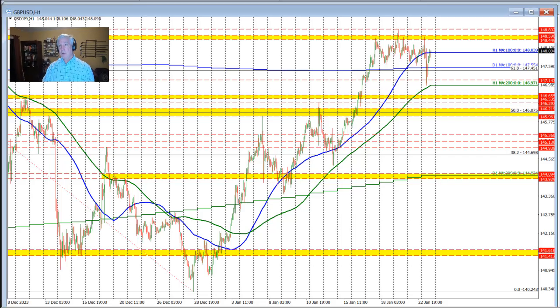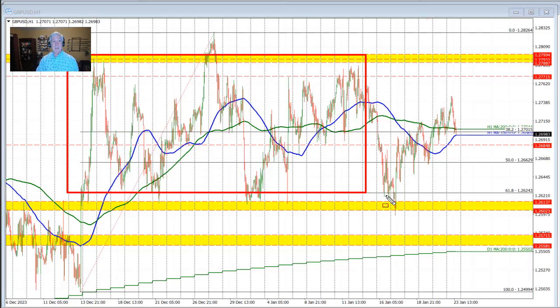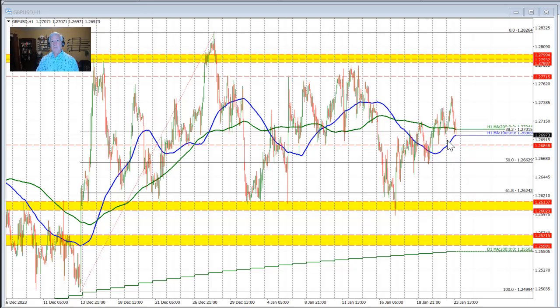Let's take a look at the sterling versus US dollar next. And here we'll focus on the hourly chart. Why? Because it's been ups and downs through this time period through here. In trading last week, we thought we had a break to the downside. We did briefly, but that was quickly reversed, and the price started to rotate to the upside. Admittedly, the price action to the upside has been up and down, up and down, including today's trading, where we saw the price extend to a new high